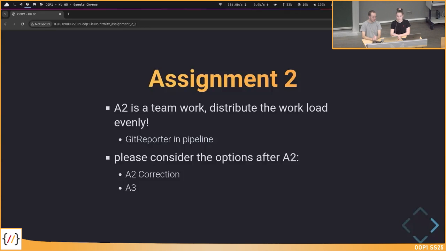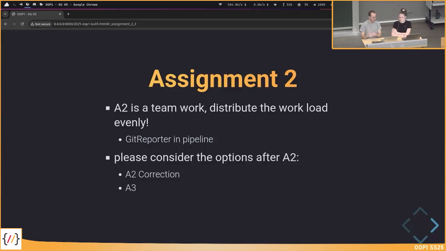Last but not least, after assignment 2, I don't want to go into the full details one more time, but basically, if you pass the minimum requirement and 50% of all test cases, then you have 2 options. If you're doing really well, then of course you will continue with assignment 3, which builds on assignment 2.